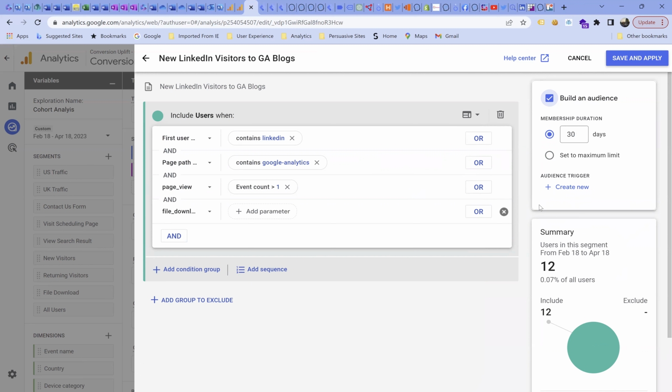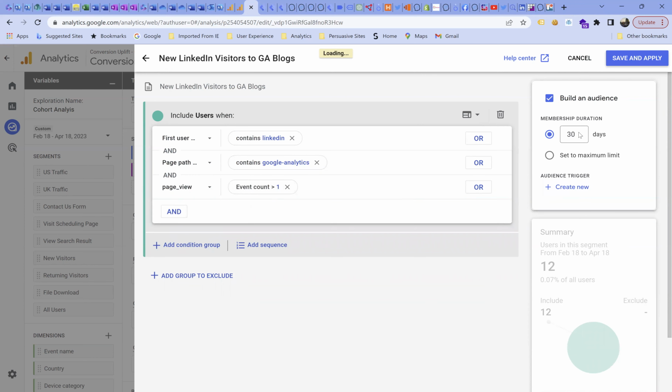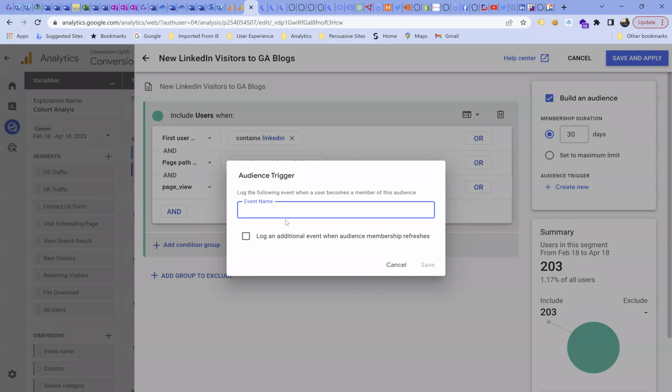And then if you want to create a trigger, this will actually fire an event when a user that's on the site matches all these conditions, which we'll do in a second. We'll just take out download and we'll keep it to these requirements. Then we create a trigger and we need to give it an event name. So we're going to say new LinkedIn visitors to GA logs times 2 page views PV,